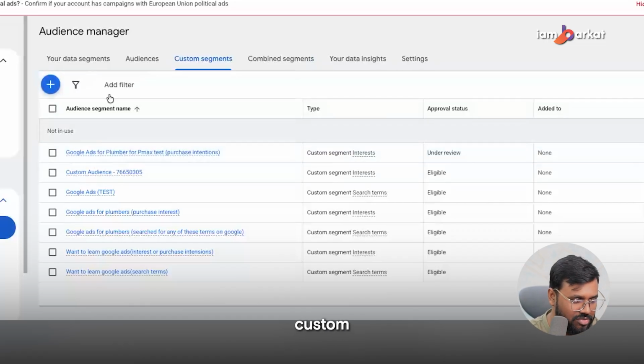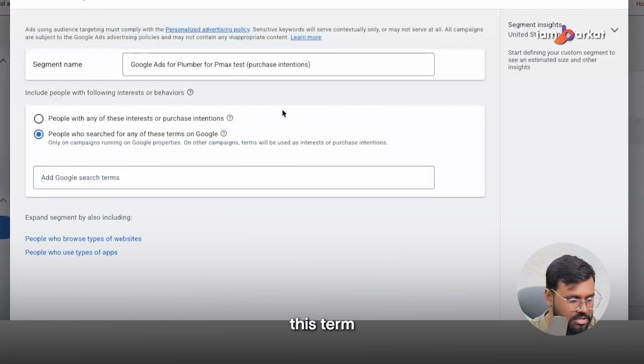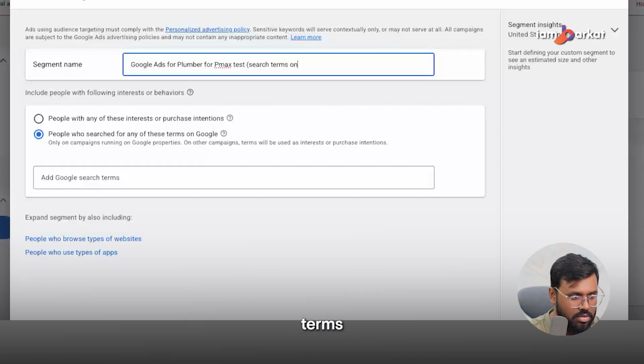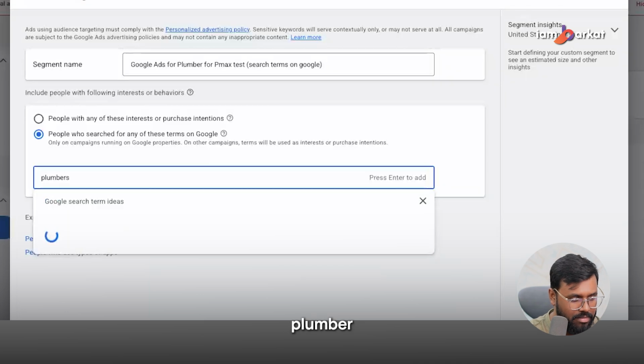This is the one custom segment. We will create one more. So click on here as well and just paste it. And for this term, we will use search terms on Google. That's it. And same thing, we will copy the keyword from another custom segment, like let's say plumbers, plumber